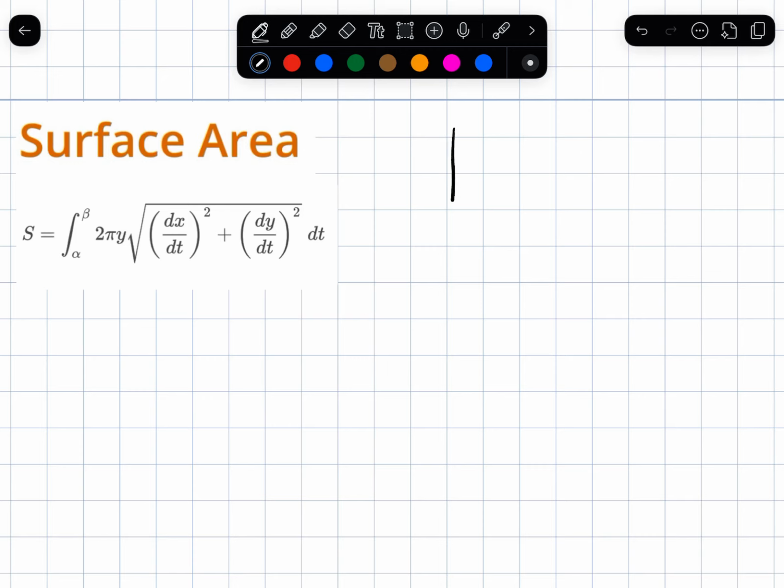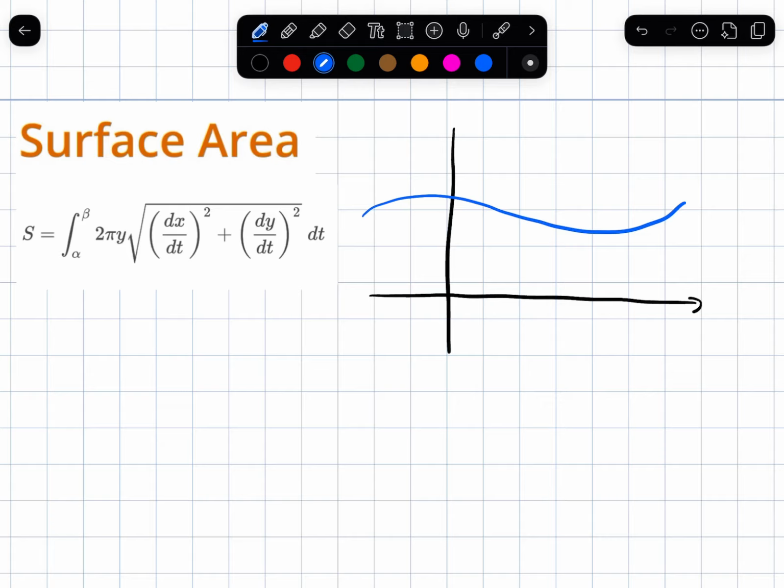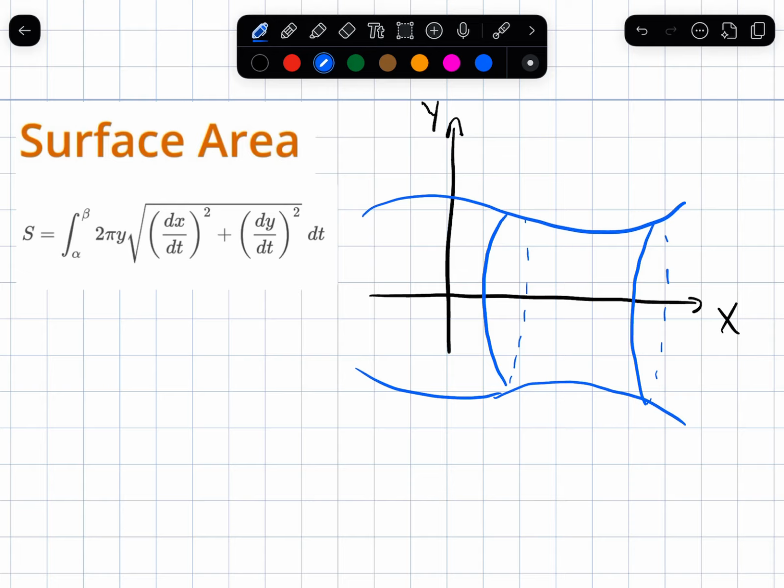Okay, let's say you have the graph of a curve like this, and you want to rotate that curve around the x-axis. So as you rotate this curve around, you end up with a surface. So it's as though you rotate your curve and you end up with the surface, and you can ask yourself, what's the surface area